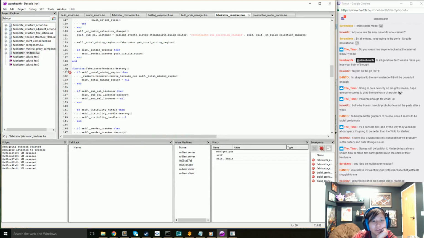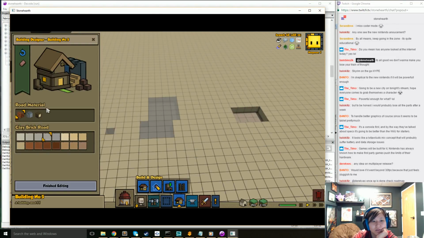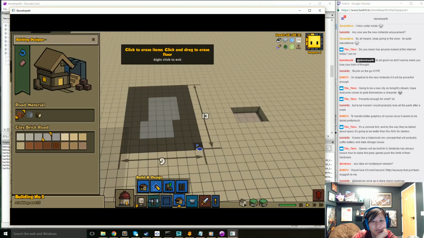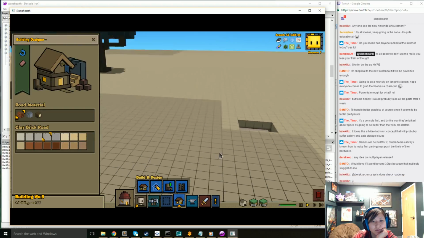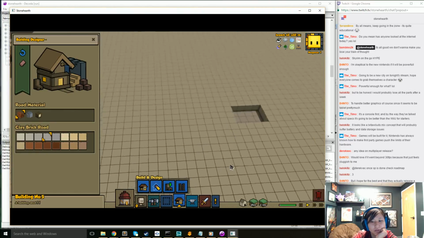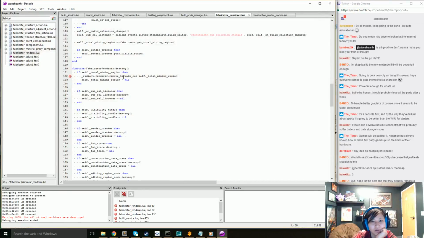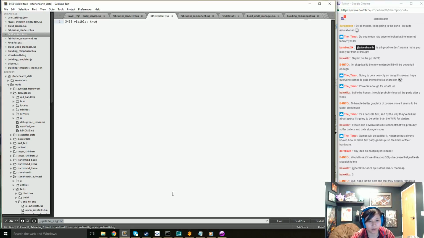We're supposed to remove the terrain cut. Who does that? Okay. Wow. It doesn't actually remove it. There's no call to remove terrain cut. Unless there's a